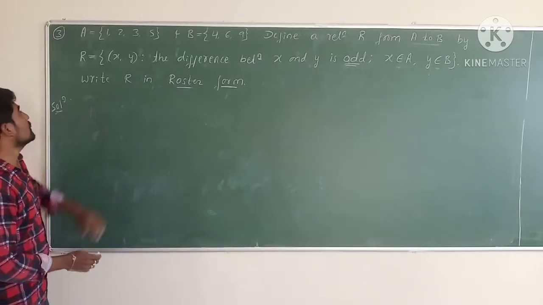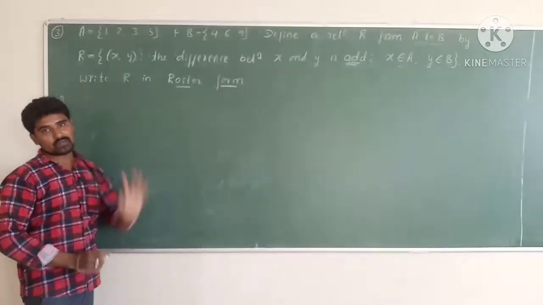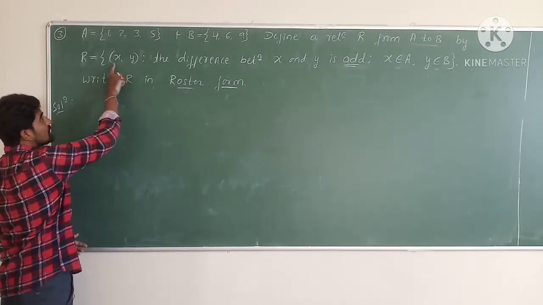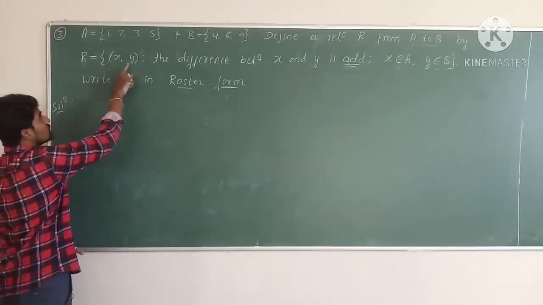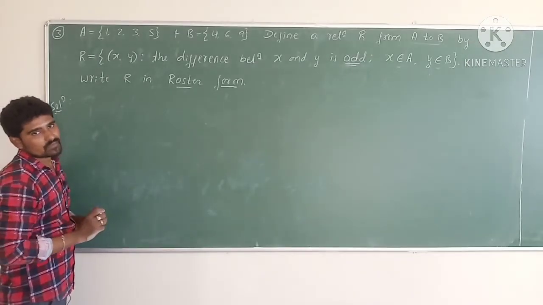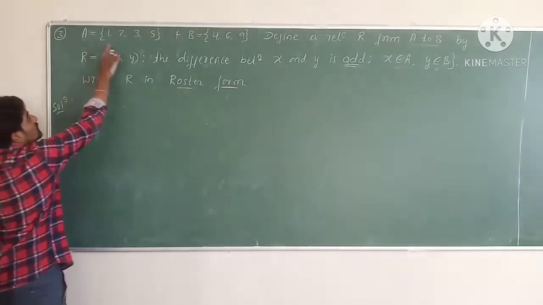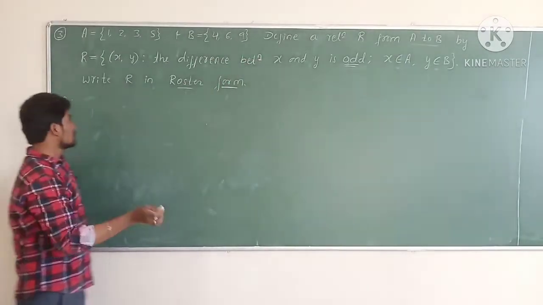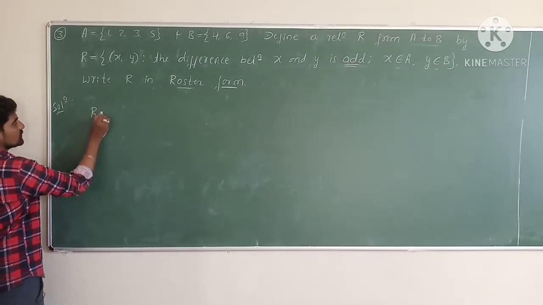We must write the relation in roster form. In roster form, the difference between x and y must be an odd number. So x must belong to set A, and y must belong to set B. So that the relation R is equal to